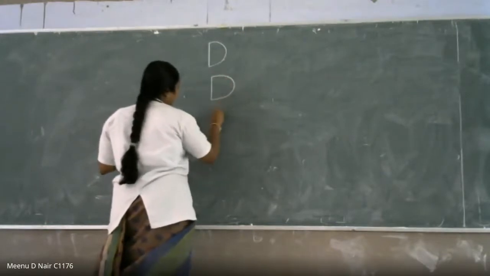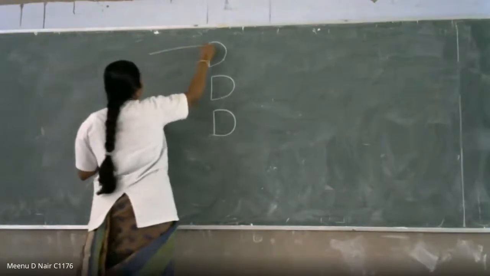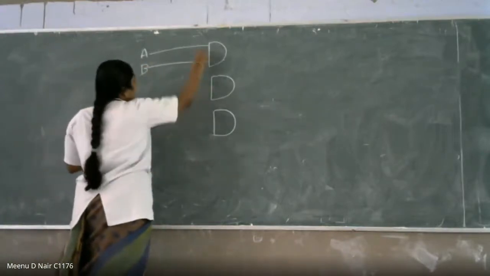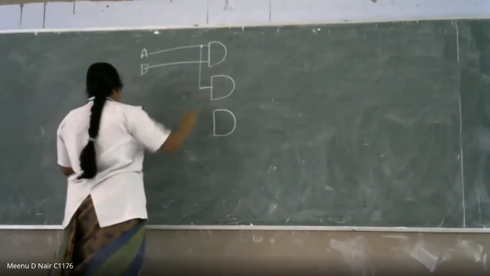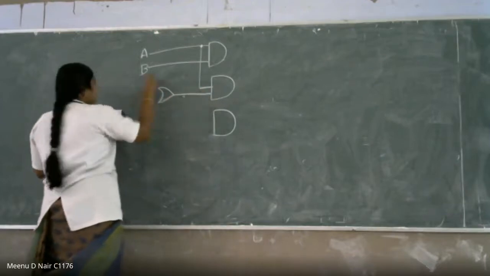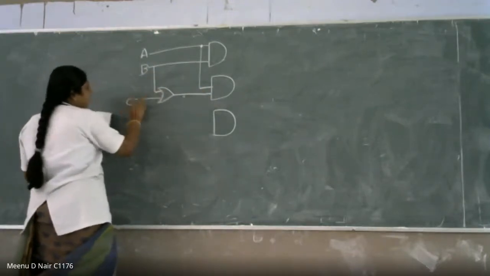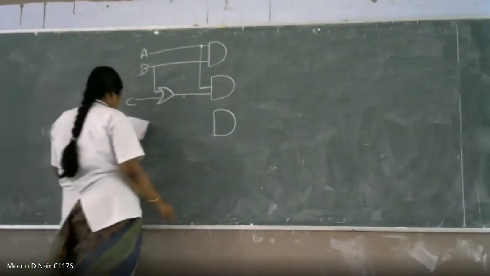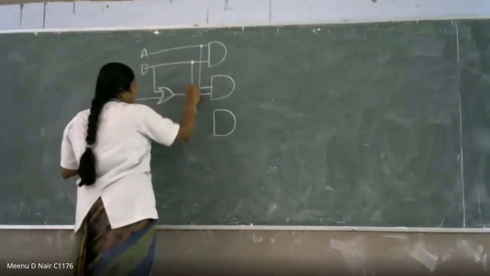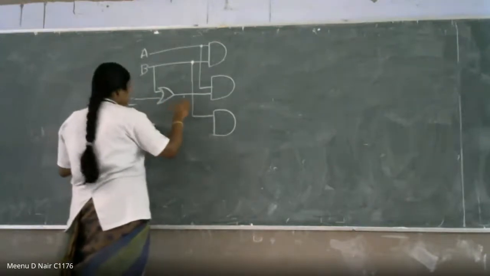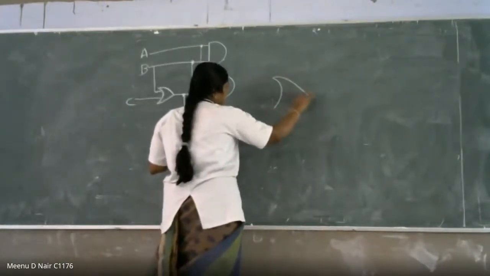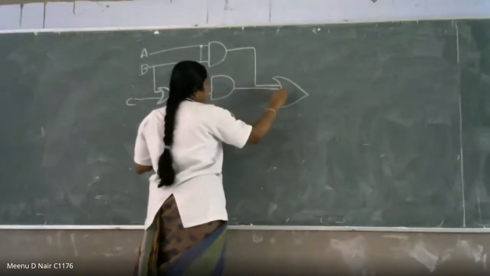This is AND gate. This is A, B. Here the input A is connected from here, and the corresponding second input is B, and this is C. OR gate, B and C. Then similarly for the third gate, this is BC, this is B, this one. And this is Y.